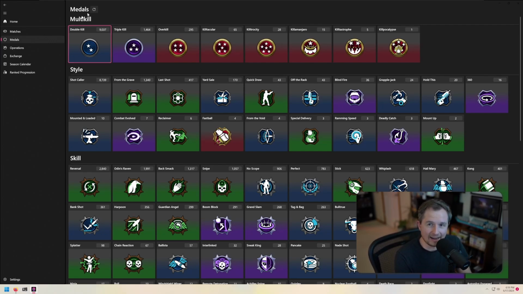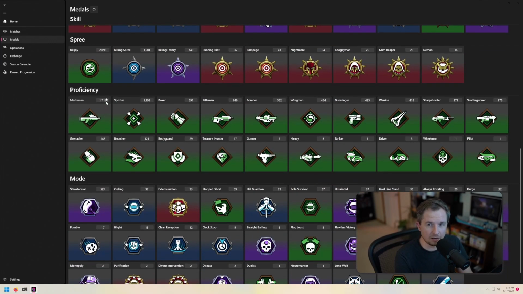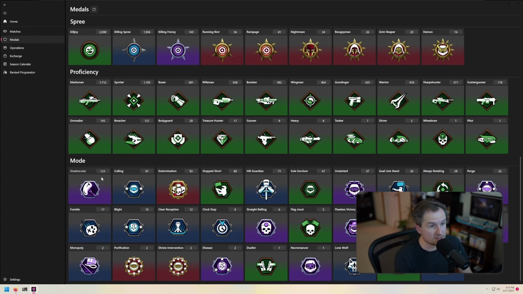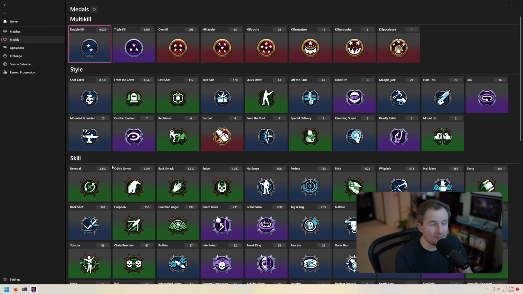So I can see them grouped by, well, the group that's defined in the game itself, so things like multi-kill, style, skill, proficiency, spree, mode, and so on. And I can scroll through them. And just like for any of the matches, for example, fastball, that's a rare medal. If I click on this, I can browse matches and find out what are the other matches where I've ever